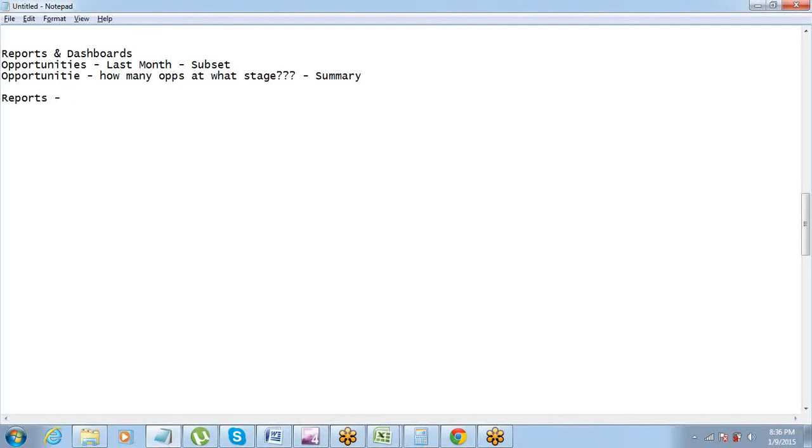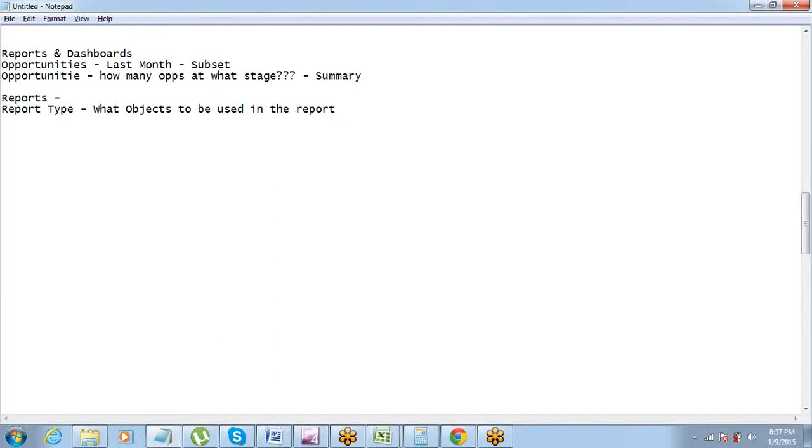Alright. There are very few things which we need to understand for reporting, and this is an easy thing for us. First thing that we need to understand is a report type. While creating a report in Salesforce, you have to understand what a report type is. Report type primarily defines which objects are being used on the report.